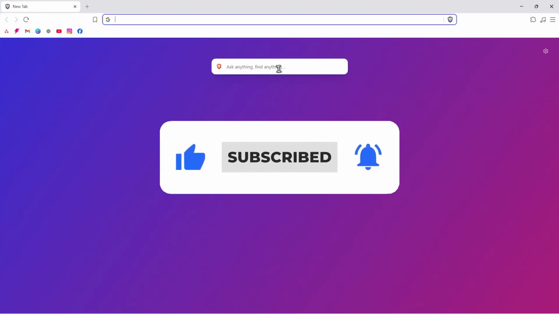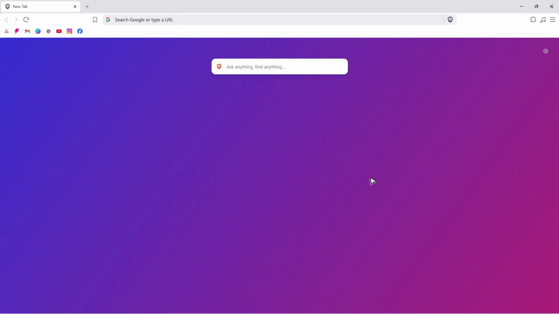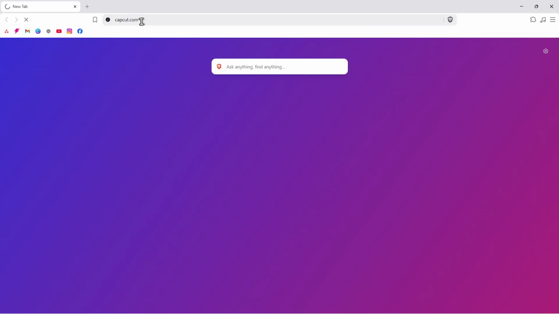Now, first up, canceling subscription on PC and canceling subscription for mobile are two different things, okay? So maybe you have subscribed only for PC. Well, you will need to unsubscribe through a web browser or the CapCut app, okay? If you are subscribed through your mobile device, make sure that you open up Play Store or App Store and cancel it from there. Okay, so for PC, go ahead and open up CapCut.com and just hit enter, just